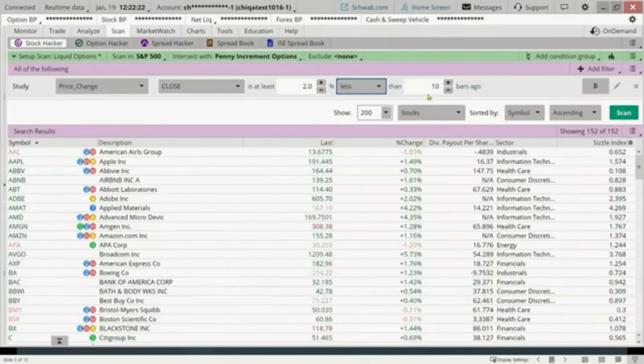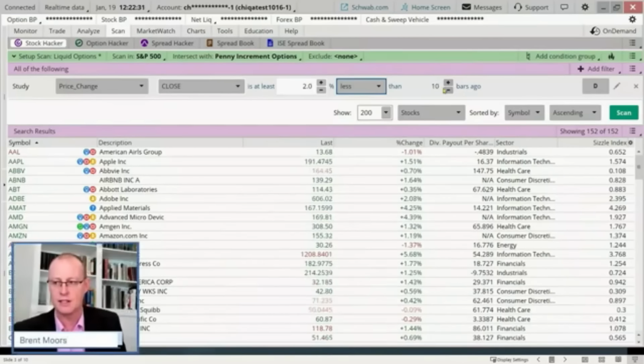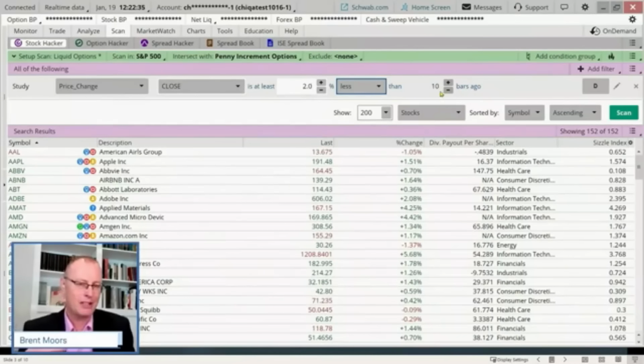Okay, that's 2 weeks basically. 2 trading weeks, roughly, 5 trading days in a week. I know we just had a holiday, but I'm just going to kind of generalize this scan there. Okay? Now, that may just be a 2 week, but I want something a little bit longer too.